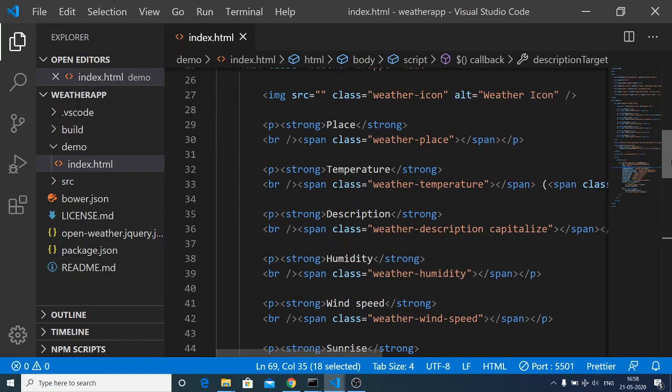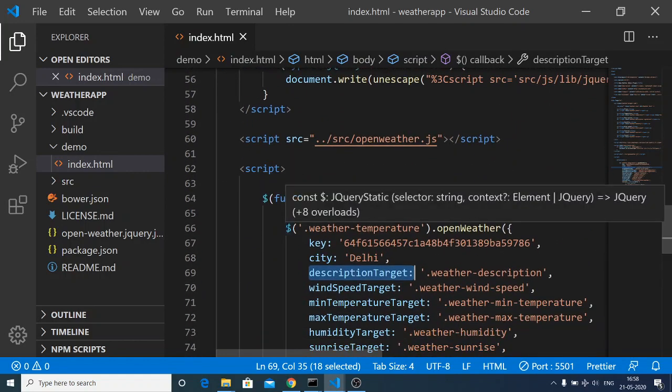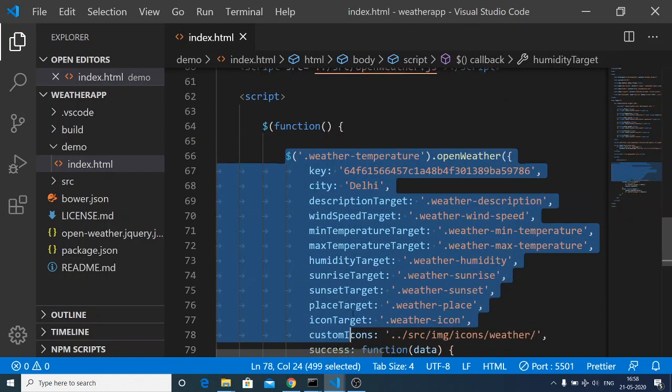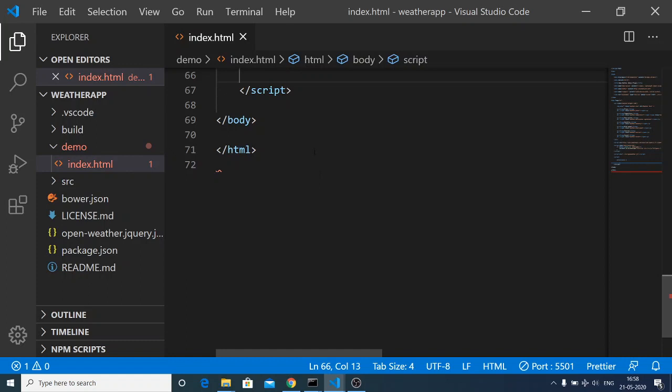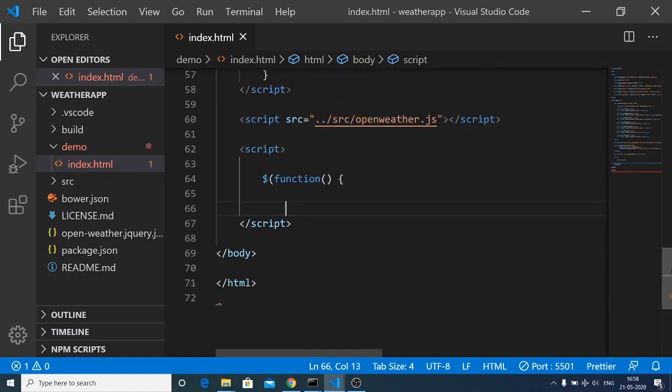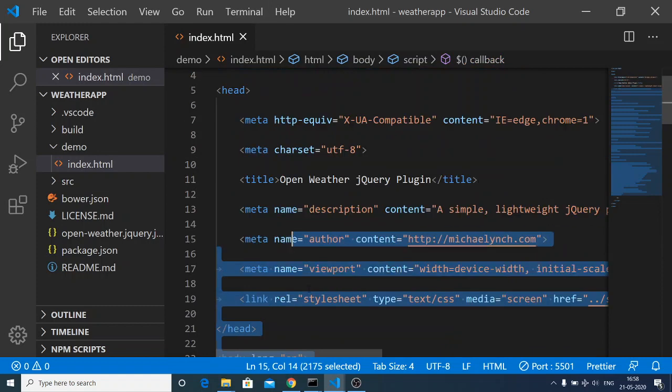So for that, what we can do here is that first thing first, we just need to transfer all this code inside a function. So all this code, copy this, delete from here, and just transfer this whole function inside a new function.